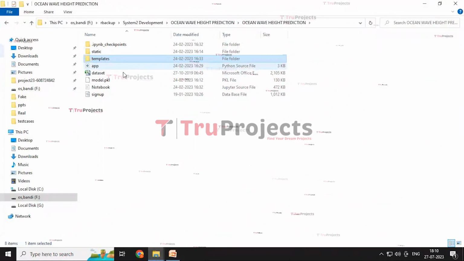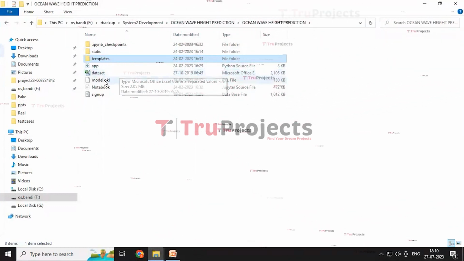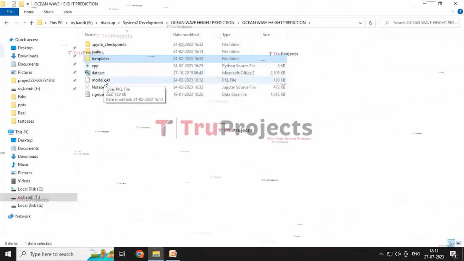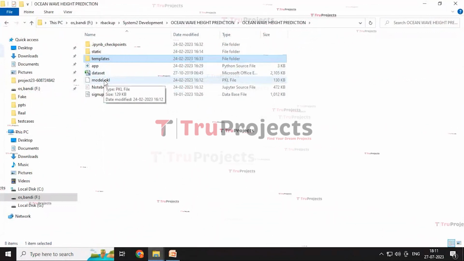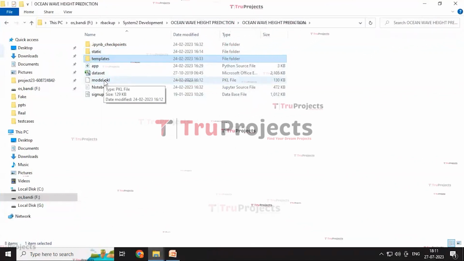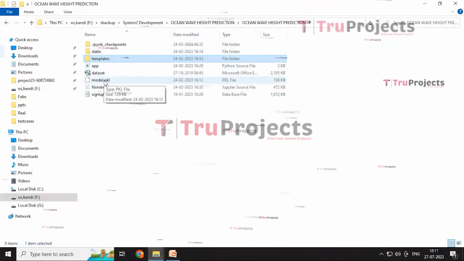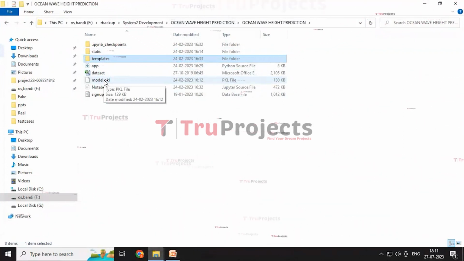And the dataset used in this project is in the form of a CSV file, and the model is an H5 pickle file which contains the information of the algorithm, and it can be loaded into the project code during the runtime to utilize the trained model for various tasks, such as making the prediction on new data or performing a specific operation.